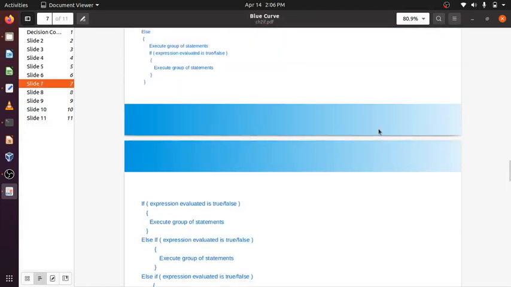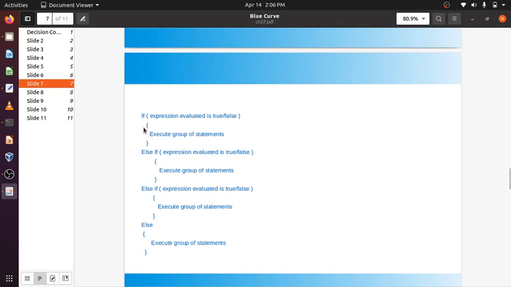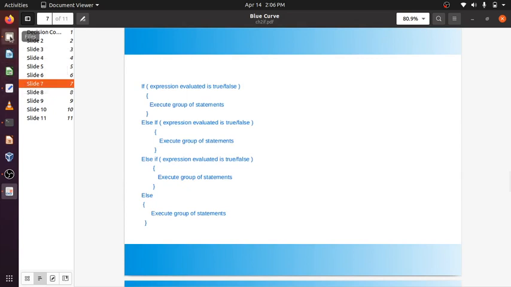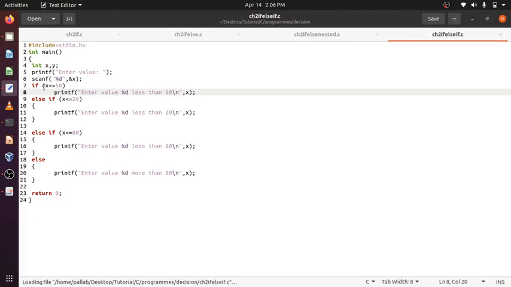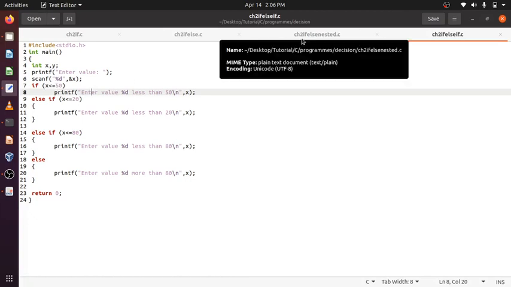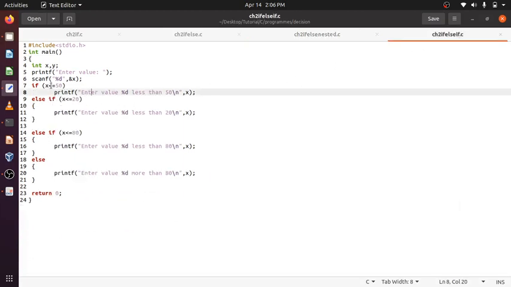Now instead of this if, we can also write if, else if. Okay, let's consider another example. This part x, same thing, 50 and 20. Here x less than 50, yes. X is also less than 20. The moment control goes inside a particular if, it will not go into any other else if statement.